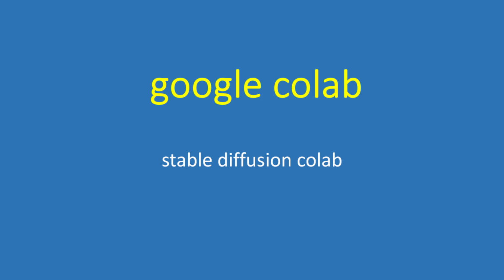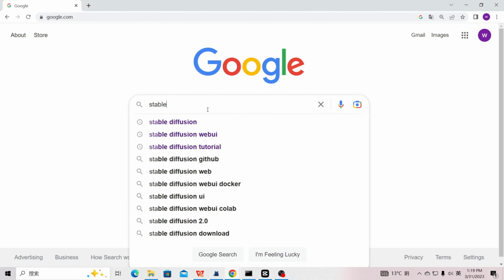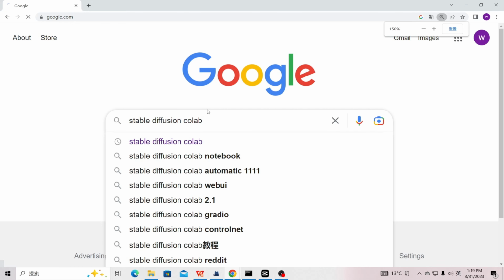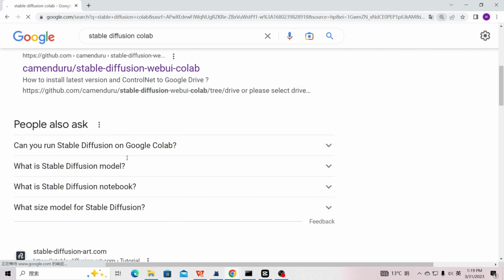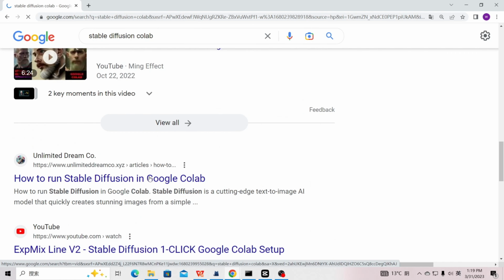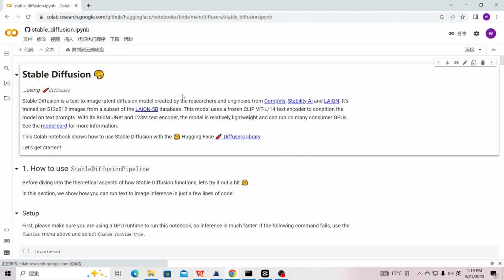Just search Google with Stable Diffusion Colab. You can find many Stable Diffusion Colab Python programs, just run them.